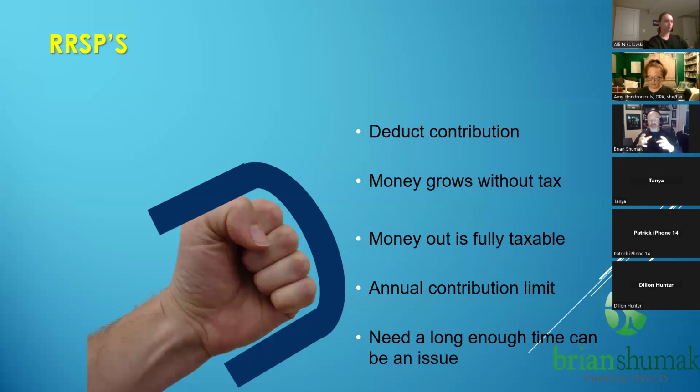The other thing is that if you haven't made a contribution previously, but you have earned income, you have contribution room, and that room accumulates, okay? The key, as it says in the last point, is you need enough time for the money, because it goes in after tax and it's fully taxed when it comes out. You need to be able to leave the money in there long enough that you're overcoming, in essence, that double